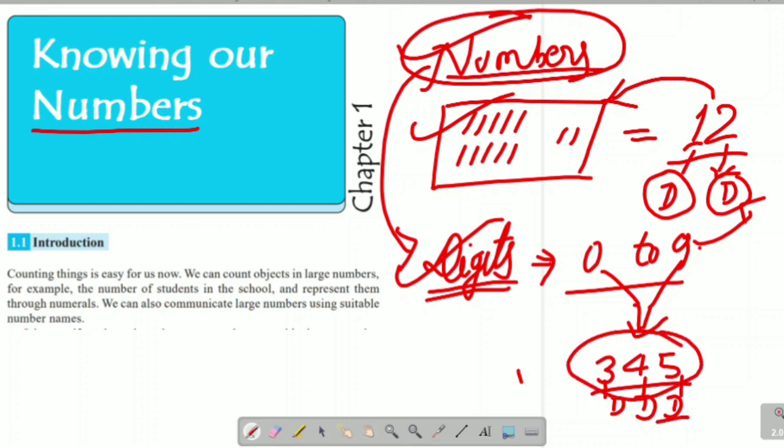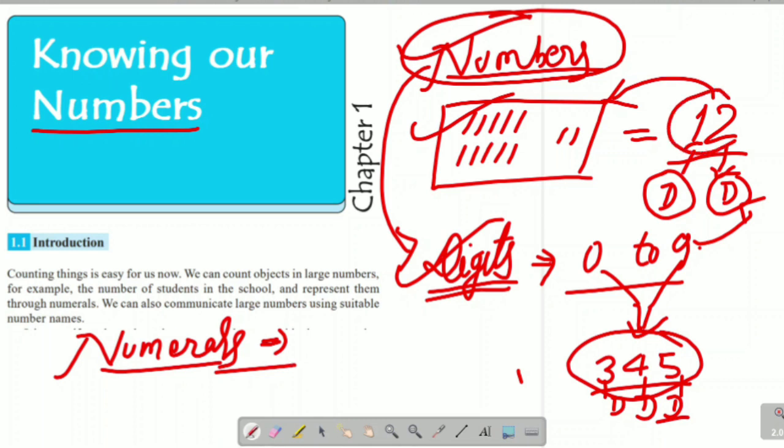And now you have to understand what numerals are. Numerals stand for the numbers, to show the numbers. For example, here there were how many lines? 12. So here we just wrote 12, 1 and 2. It is just the representation of the numbers, how we write the numbers, which comes in the numerals. So in this way digit, number and numeral are clear. The basic difference was this.